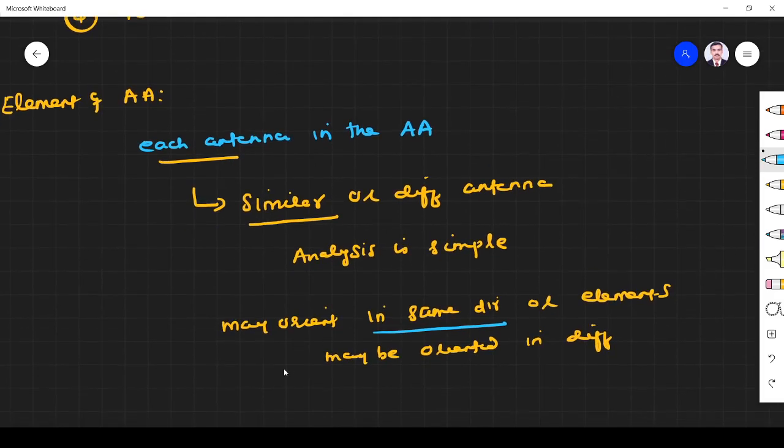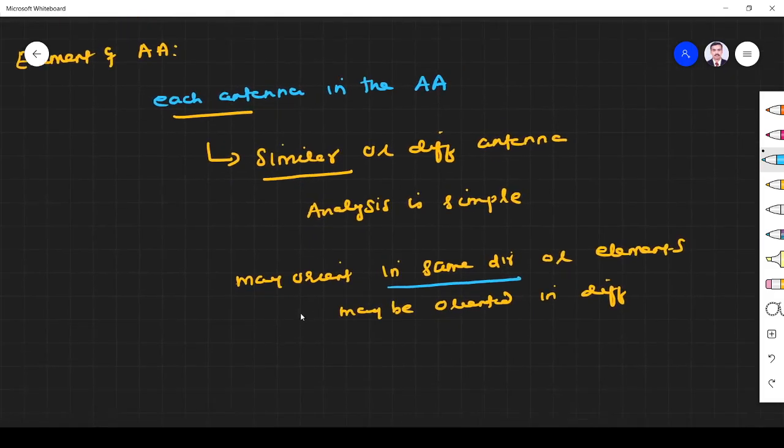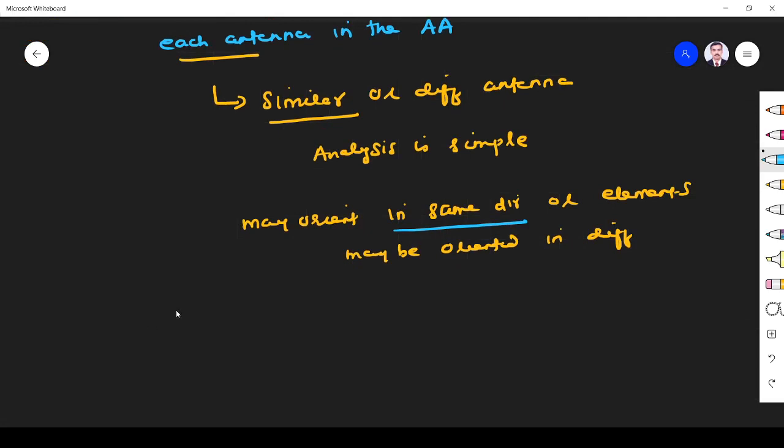Okay, so these things we must know, and we know that each antenna radiates an electromagnetic field. Let us assume here we have a 10 element antenna array, so 10 antennas are there. What will they do? They will radiate, and the radiation will be in spherical form. At the far field, I want to measure an EM field. So the total field produced by an